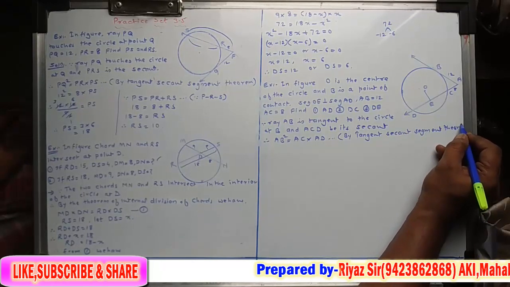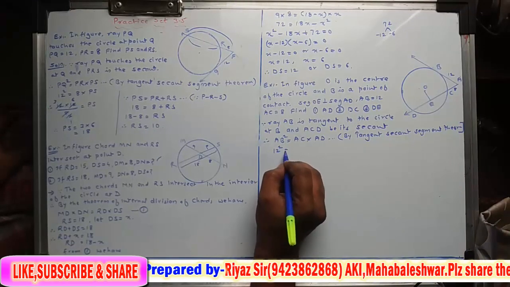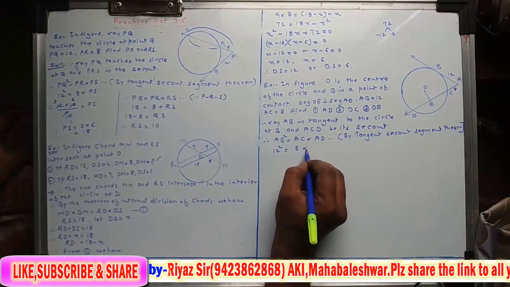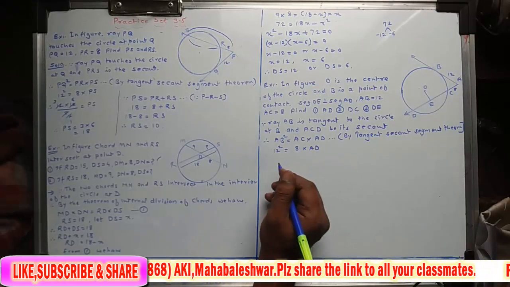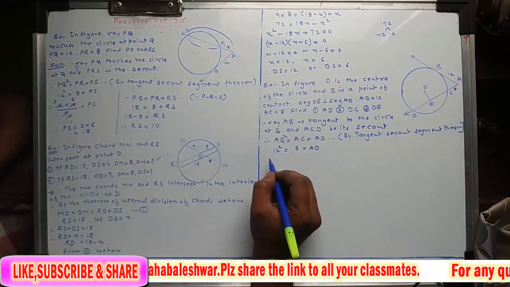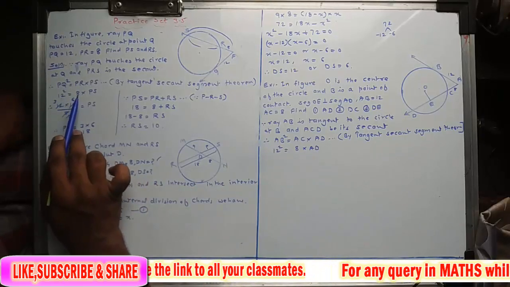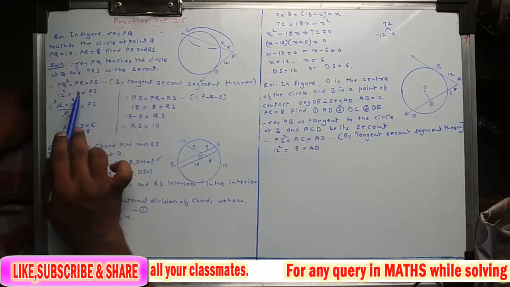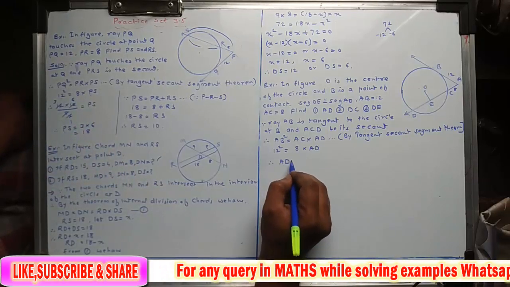Okay, and then AB is given, that is 12 square is equal to AC, that is 8, into AD we have to find. So 12 square is nothing but 12 into 12. So same example we solved here, same equation is there, 12 square is equal to 8 into AD, right? After solving, AD is equal to 18.